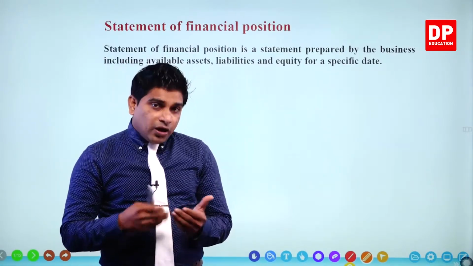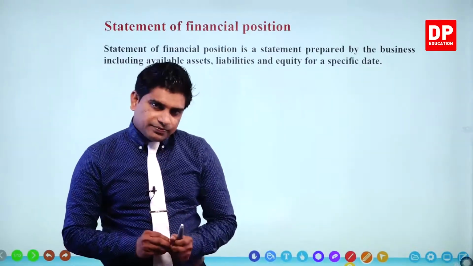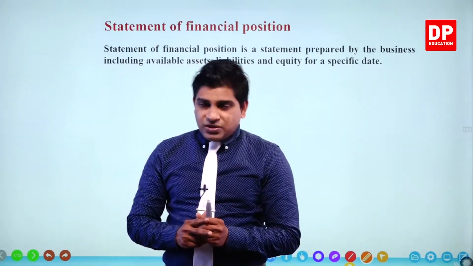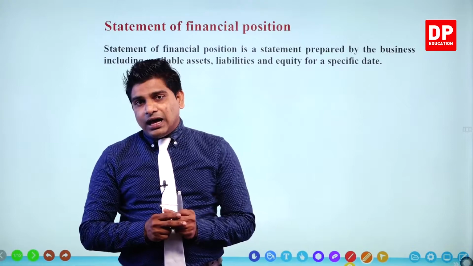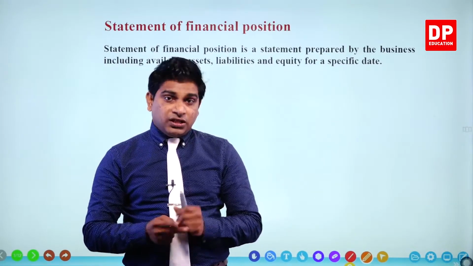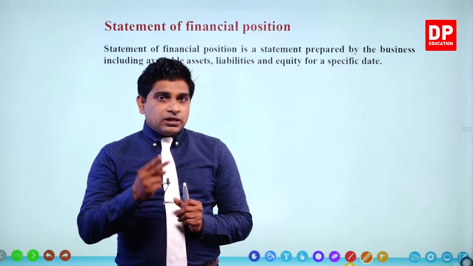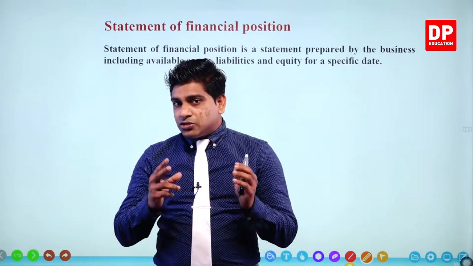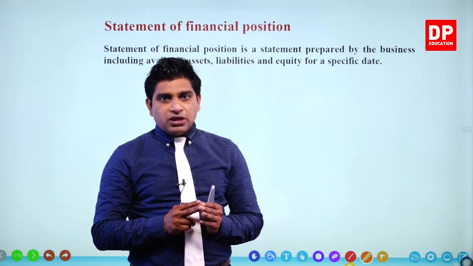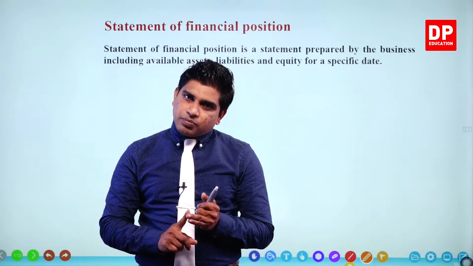In this chapter, we are going to discuss the statement of financial position. Statement of financial position. Remember this. A single ownership business prepares two documents to complete their financial statements. In the first chapter, in this lesson, I introduced you. There are two documents to be prepared by a single ownership business to complete their financial statements. One is the profit and loss statement. The other one is the statement of financial position.